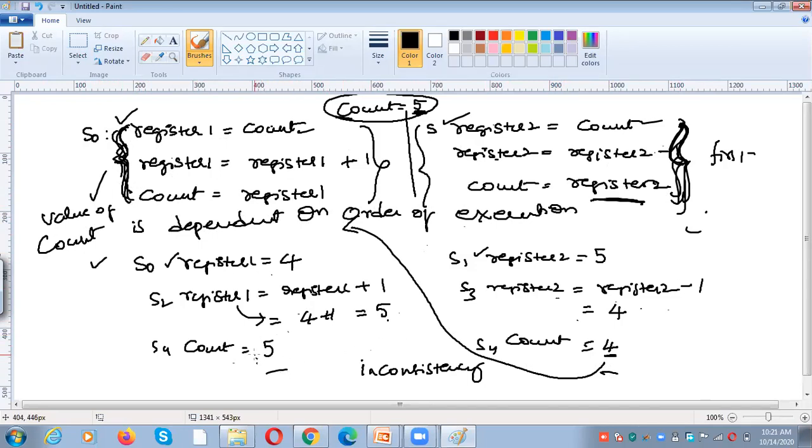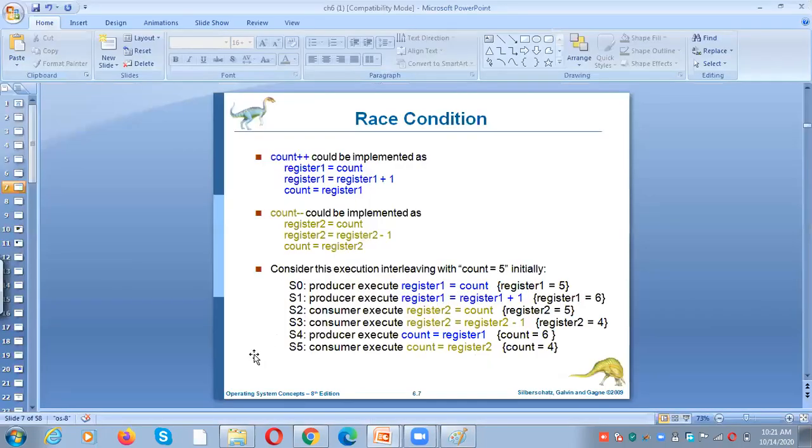That means the value of a shared variable depends on the order of execution. Which statements are executed first and which are executed next, based on that, the value of the variable varies with the order of execution. So whichever instructions execute first, the result will be based on the order.